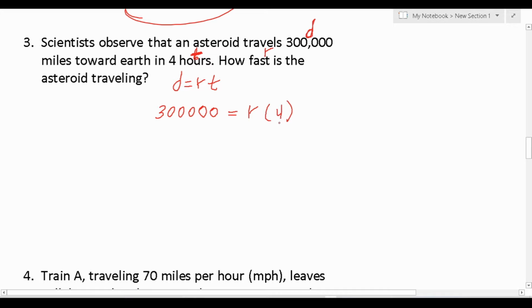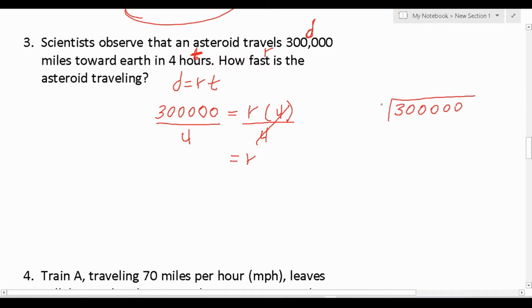Now let's divide both sides by 4 to get r by itself. This is going to cross out, leaving you with just r on this side. And as we can see, this is 300,000 divided by 4. Let's go ahead and work this off to the side. Again, that's 300,000